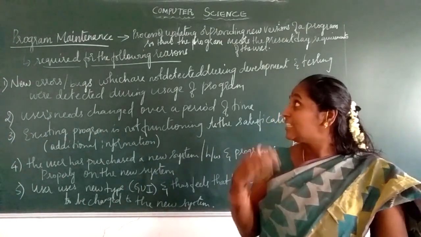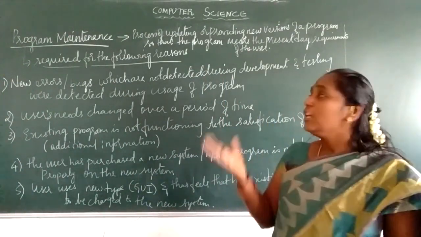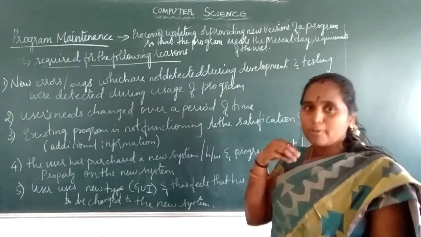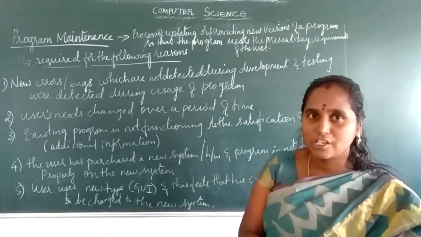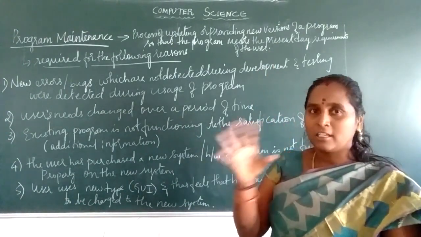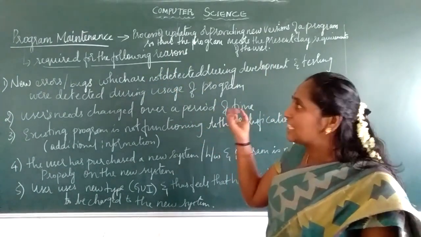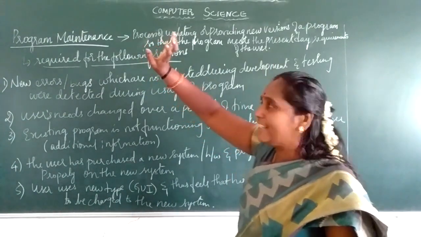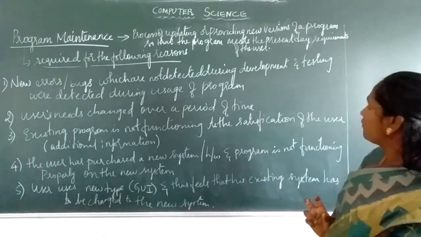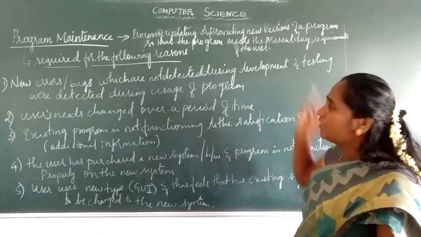In real time examples, a program whatever you have maintained should be maintained in such a way that the newer version of the program, the present day version, meets whatever requirements are needed by the user. With the help of program maintenance, it can be achieved. Such a thing is required as program maintenance: the process of updating or providing a new version of a program so that the program meets the present day requirements of the user.